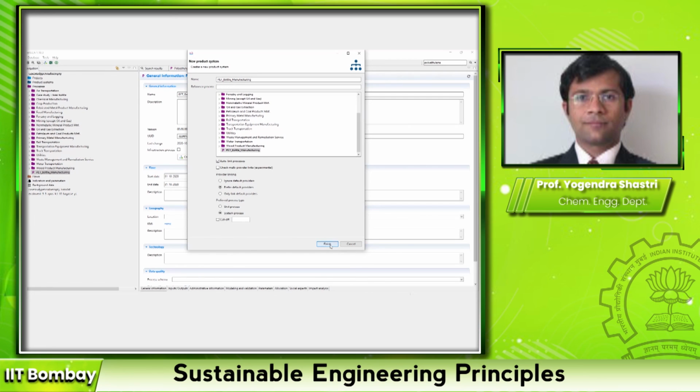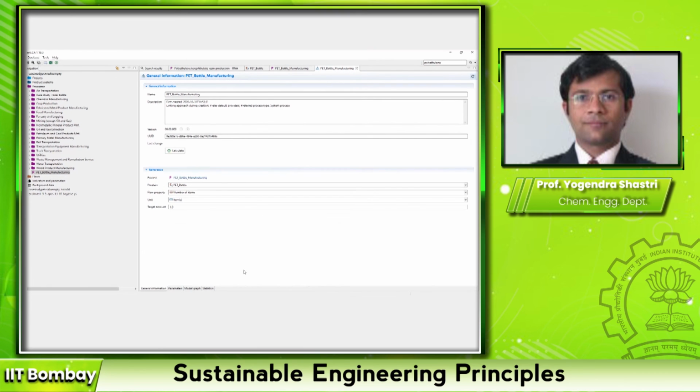If you click finish, it will create a product system, and this product system will appear here. If you expand this product system tab, it appears here. So based on the process you have defined, a product system has been created, and you can check whether it has been correctly created by clicking on the model graph.